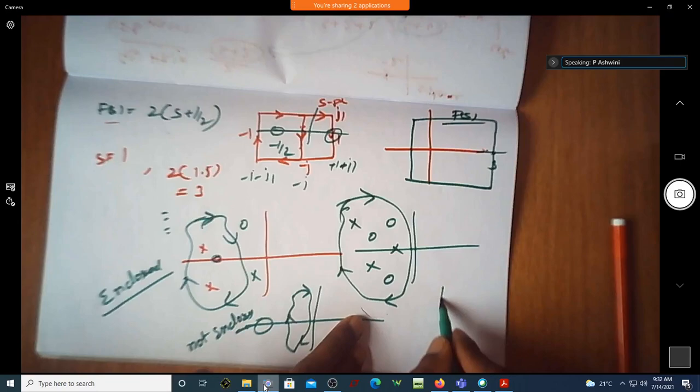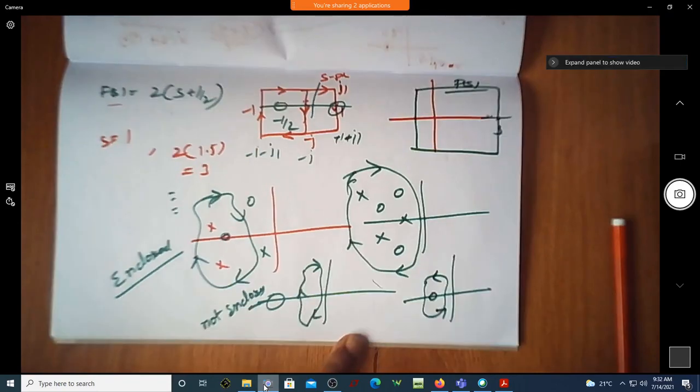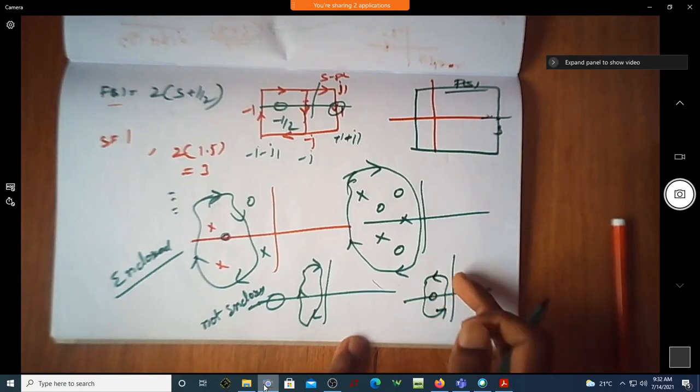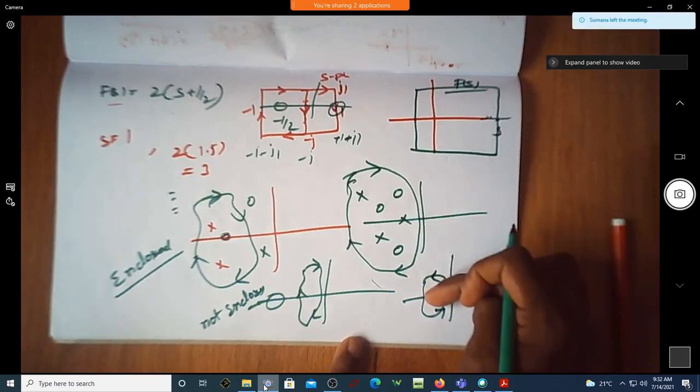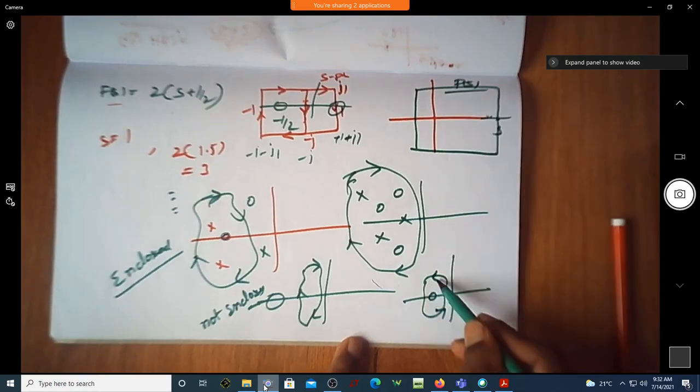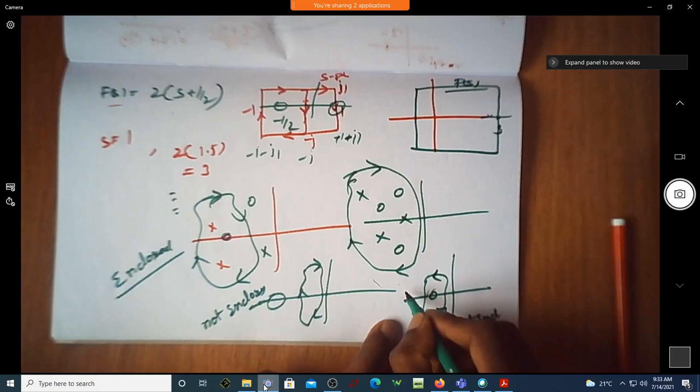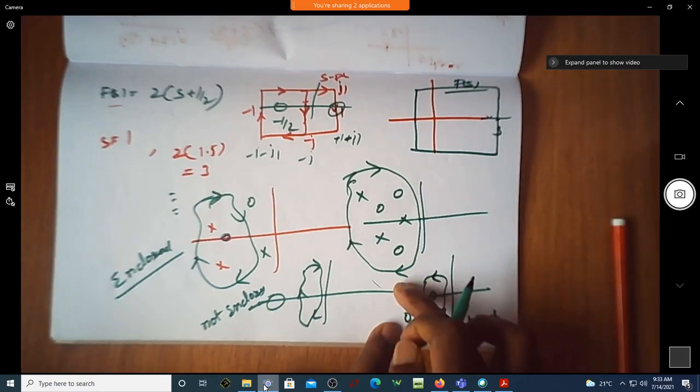Suppose I write it like this. Now only 1 0 is enclosed, this is coming to the left of it. This is my contour direction. Now nothing is enclosed. Even though it is inside, you can see the direction. Direction is this way. Is it to the left of it? This 0 is maybe inside, but the direction is going in anti-clockwise direction. This comes to the left of that contour direction. So I will say nothing is enclosed, not enclosed. Suppose you have a 0 here, now you can say two zeros are enclosed,